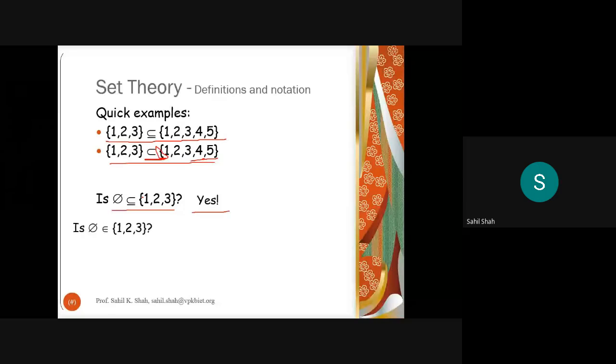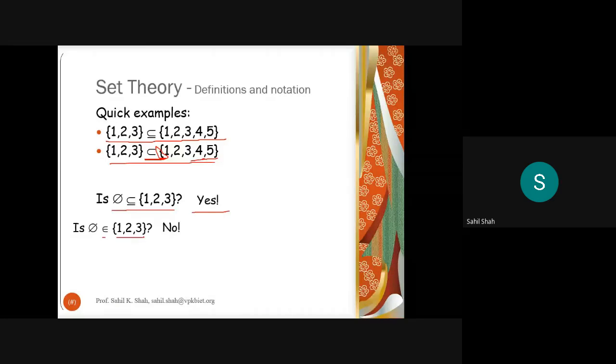Using the property, every empty set is a subset of every other set. Again a question: whether phi belongs to {1, 2, 3}. The answer will be no in this case, because I'm saying subset. Being a subset means that the empty set will act as a subset of any other set, but whether that empty element belongs to any given set